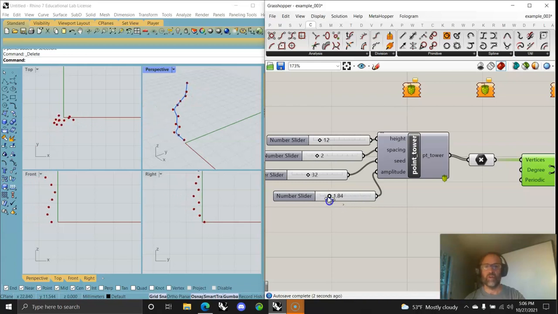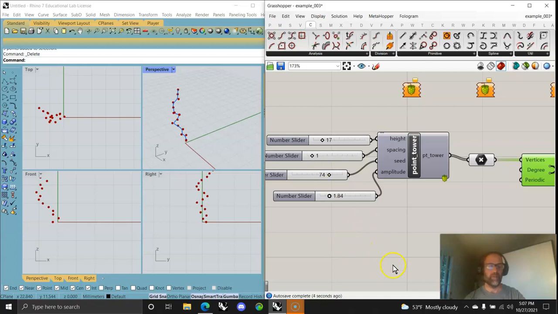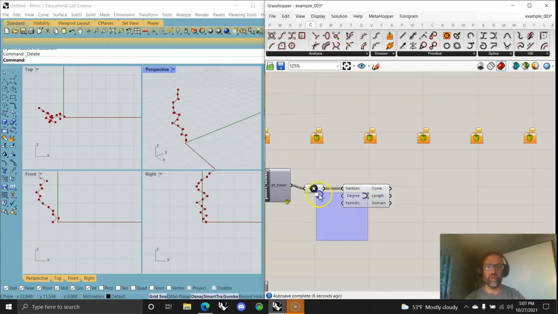I have to wonder why my curve's not coming through my other screens, but really nice little point tower, and I like seeing it from the top as it generates, wanders off and does some crazy stuff as well. I really do like this geometry, so we've got to play around with it. Anyway, I'm probably going to finish up with